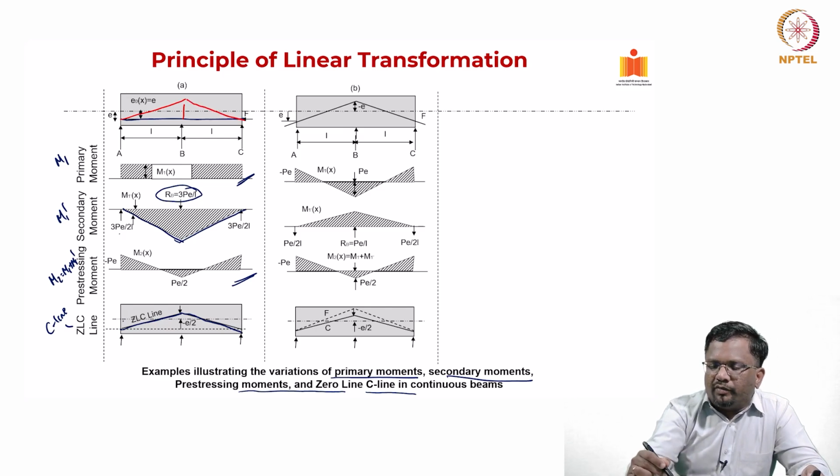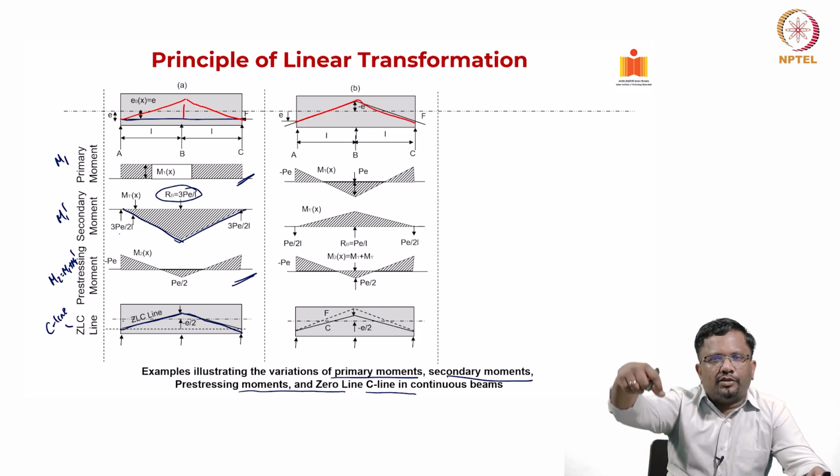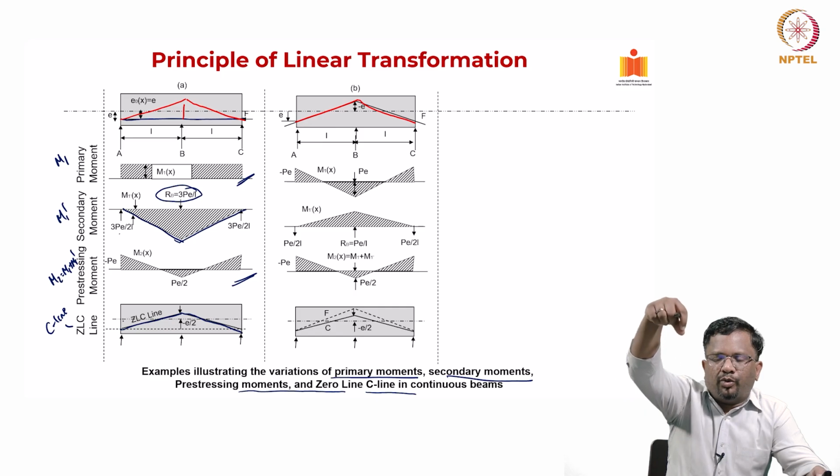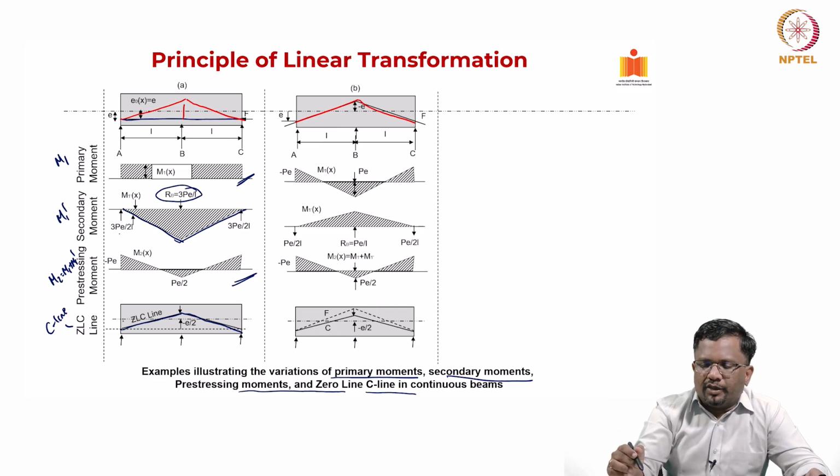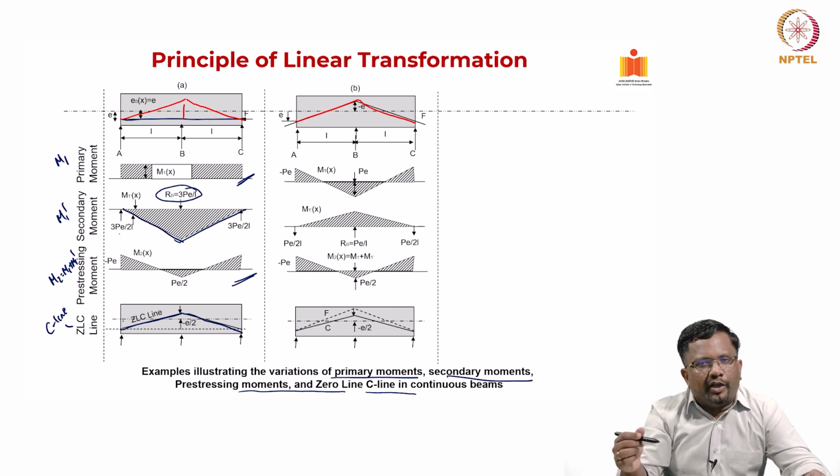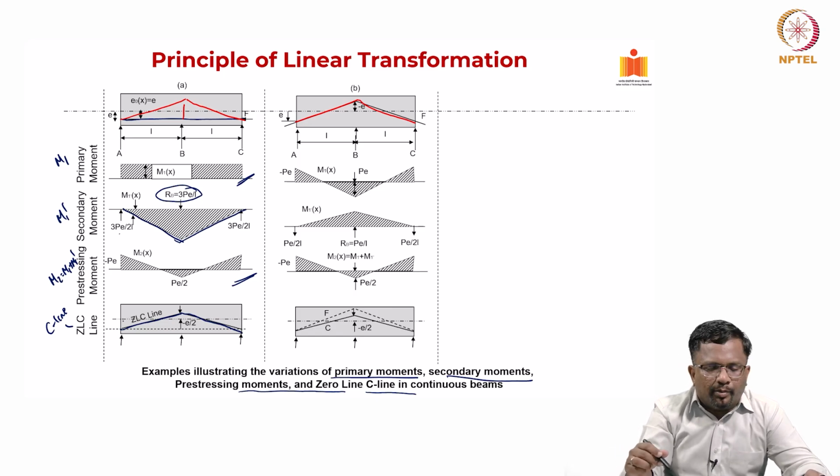So that is what we have here, right. You see here, this is E minus C. So I have just only interior support, I have just pulled it up, okay. So you see here, if I do that, again for this profile, if I start calculating the primary moment and